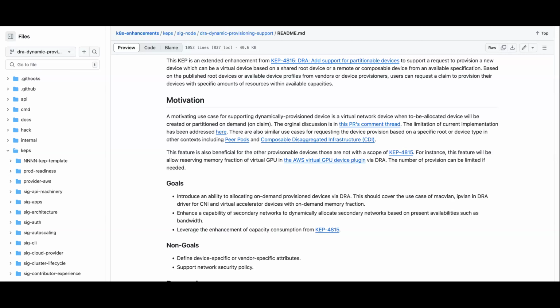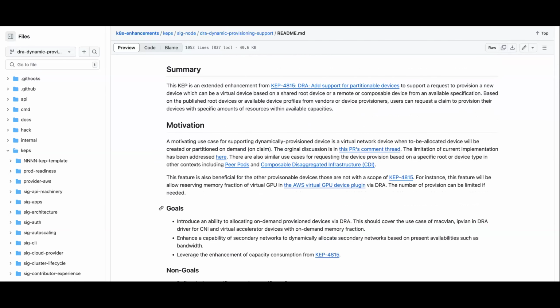That is why I started drafting this CAP. First, I found the similarities of this use case with the partitionable devices work that was already included in the previous CAP